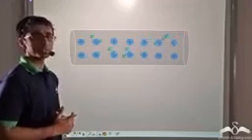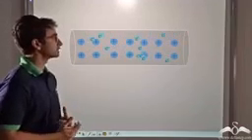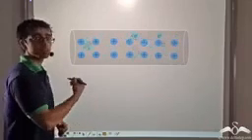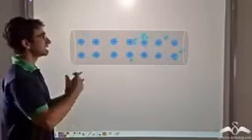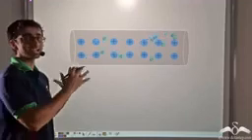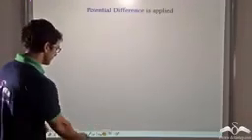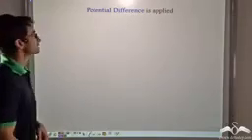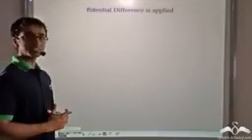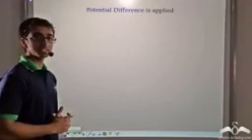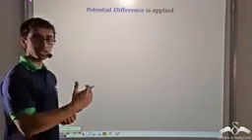Now what do you think will happen if we apply a potential difference? Because clearly in this case there is no net flow of current that is taking place. The electrons are moving about completely randomly. So let us say that we apply a particular potential difference. So once a potential difference has been applied, as you saw in the previous lectures, there has to be a flow of current.